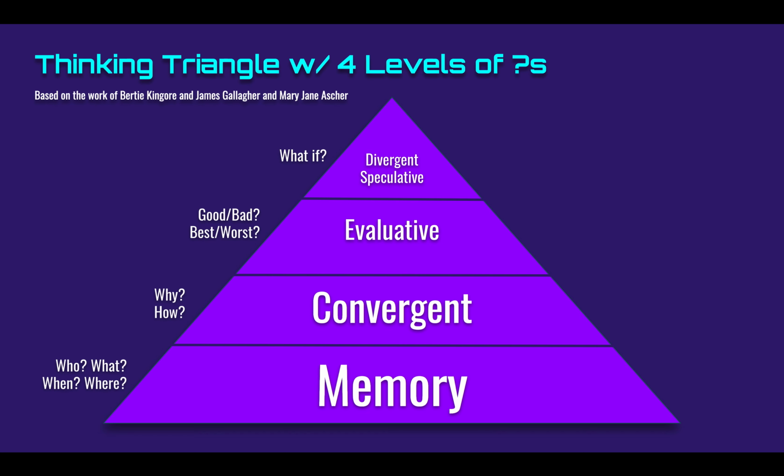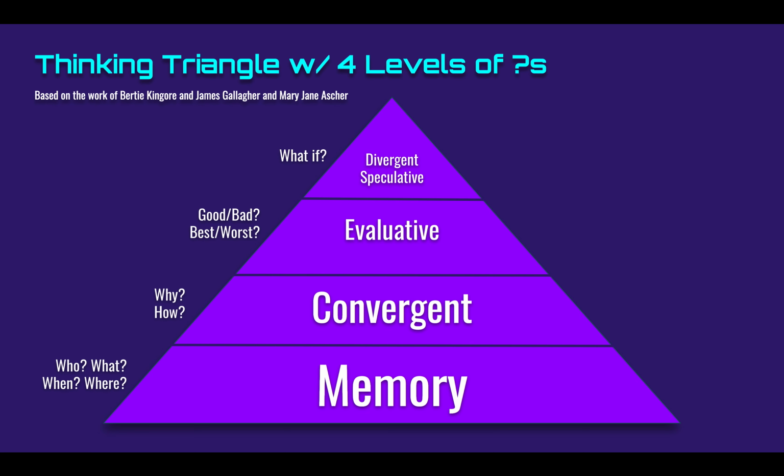Okay, then we move up the pyramid to a slightly higher level of thinking for the convergent kind of thought. Okay, so convergent is right about the level of analysis. It's where most of the texts are written. And this is going to be asking why or how. So convergent takes all those facts and figures that you have from memory and it tries to put them together to reach a correct answer. Okay, so those are the first two levels.